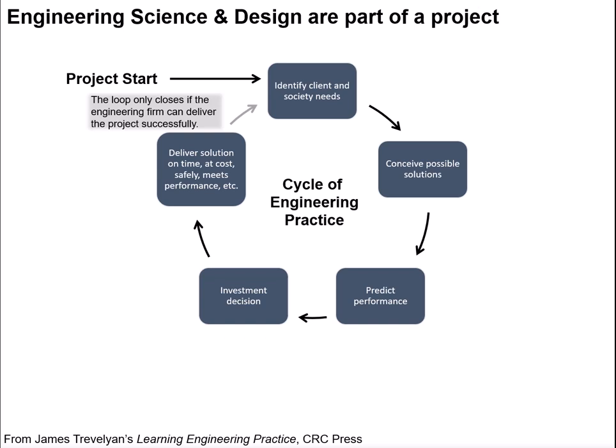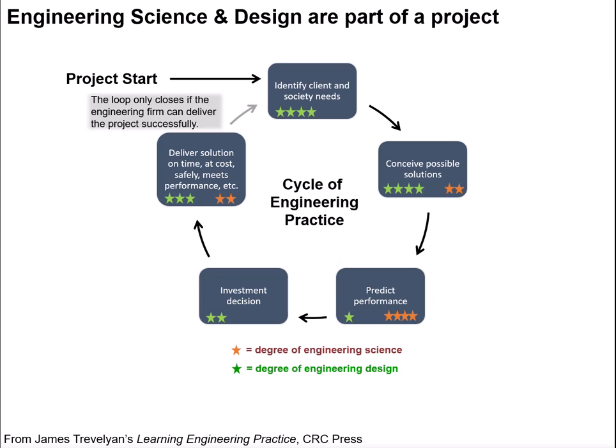And if it is a worthwhile investment, we want to deliver a solution on time, at cost, etc., etc. And we only close that loop if we can deliver the project successfully. This is a cycle of engineering practice, and both engineering science plays into different parts of these steps, as well as engineering design. And so you need both engineering science and engineering design to go through the cycle of engineering